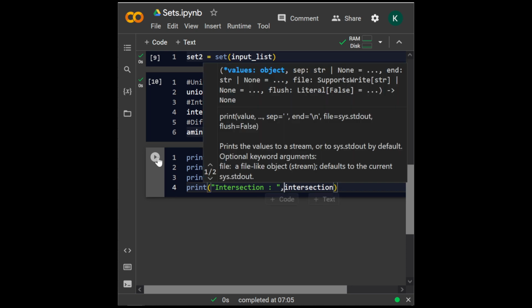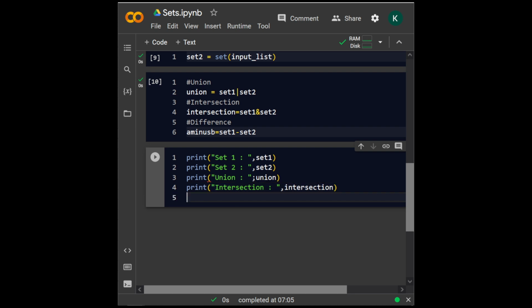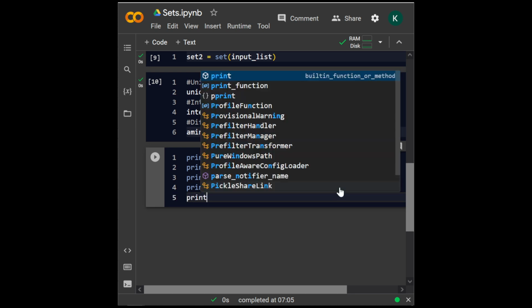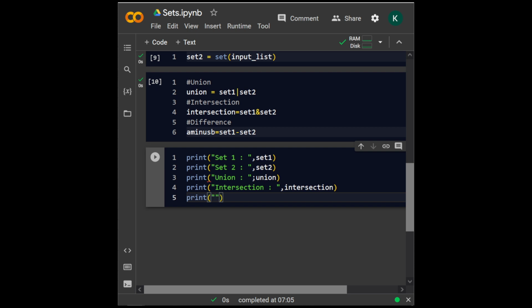Okay, and obviously difference. Difference can be in both ways. It can be set 2 minus set 1 or set 1 minus set 2. We are going for set 1 minus set 2 over here, so we have to state that clearly, so we'll understand the output accordingly. Okay, so here you can see